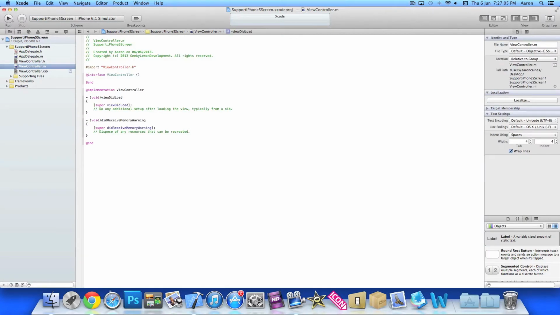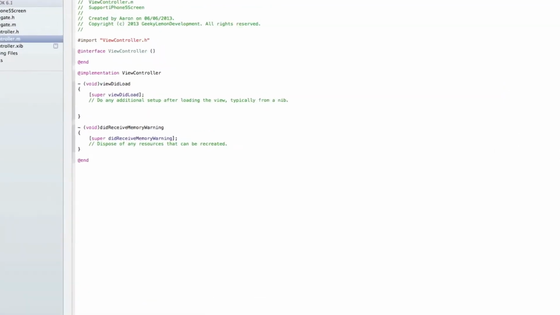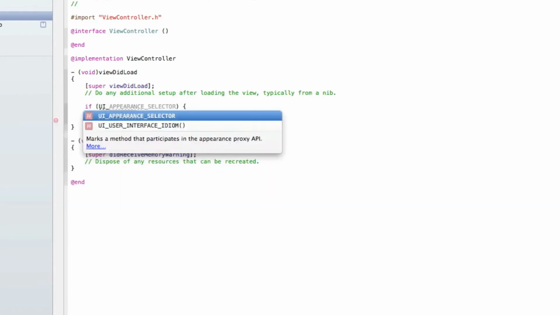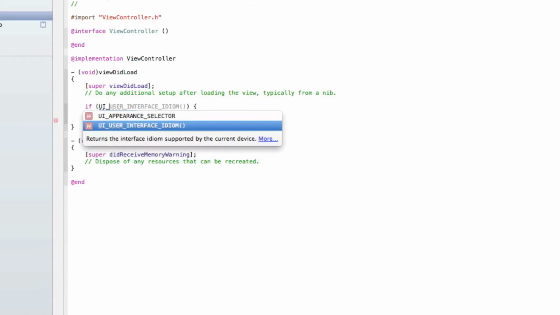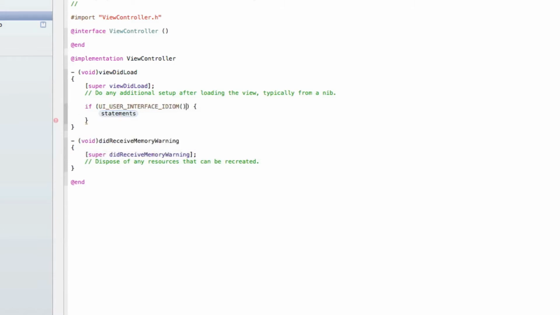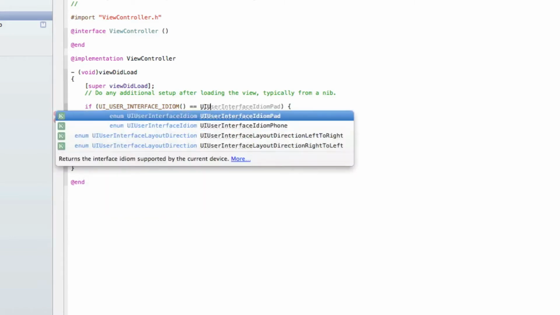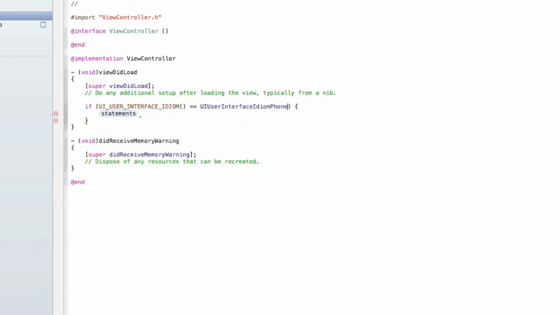And in the viewDidLoad section here, we're going to start by typing if, and in the condition here, we do UI_USER_INTERFACE_IDIOM() equals UIUserInterfaceIdiomPhone. So we're using the iPhone